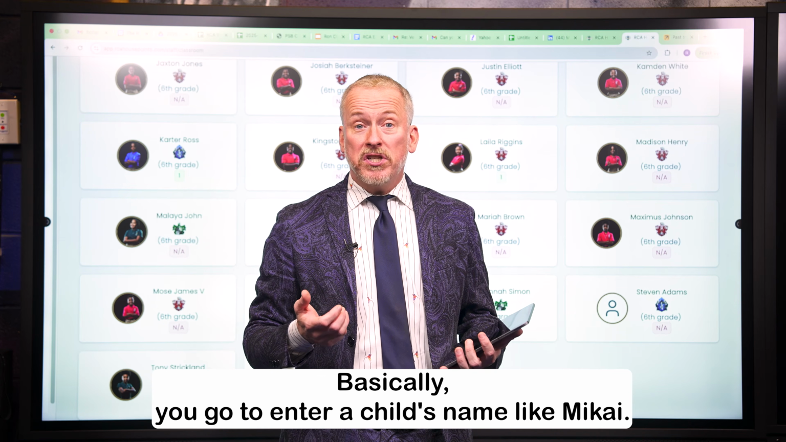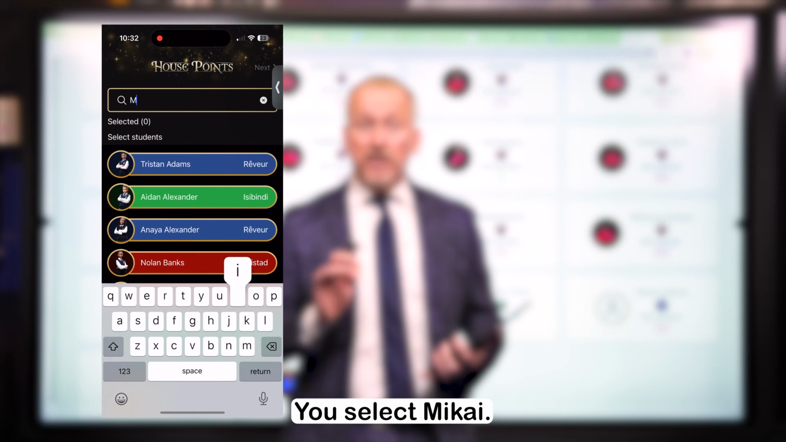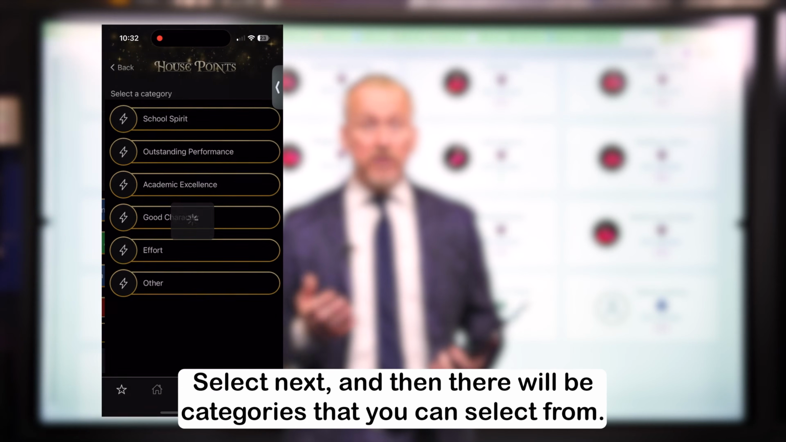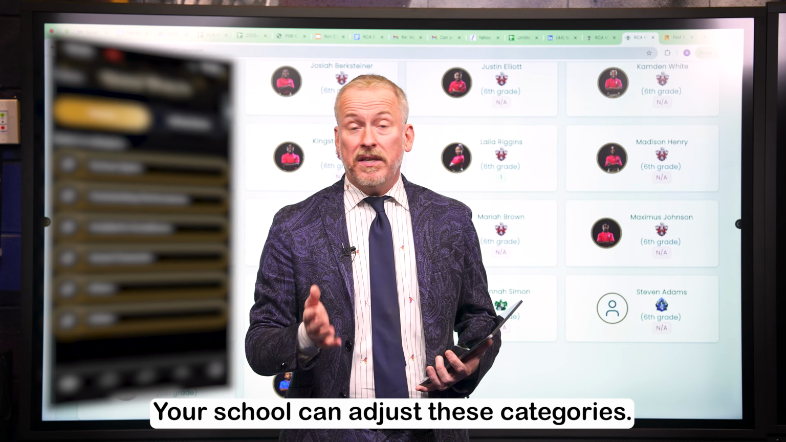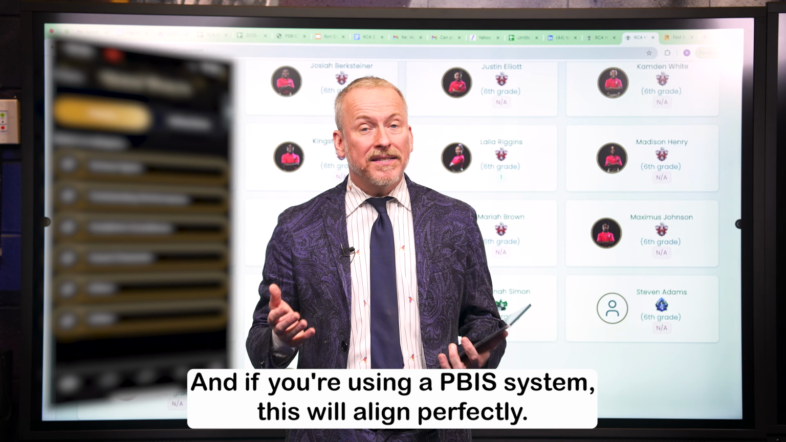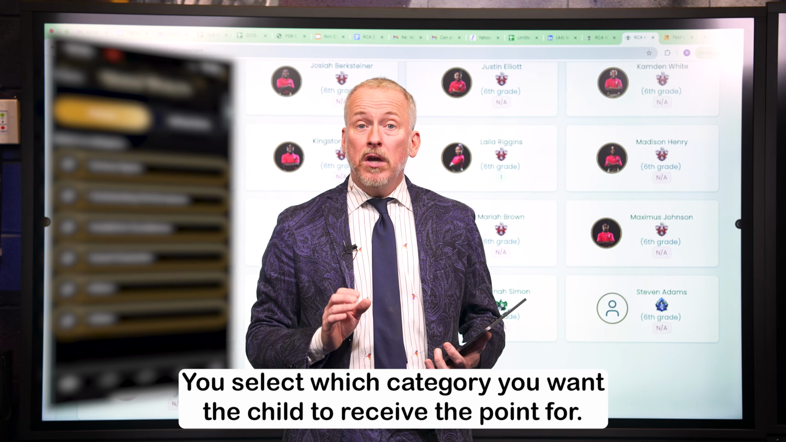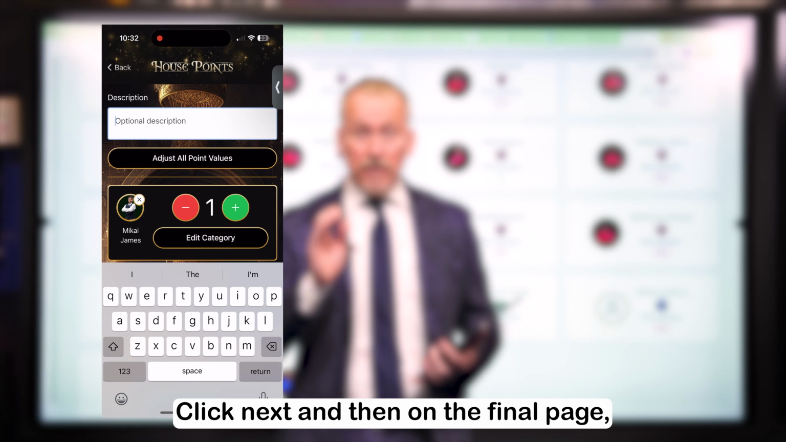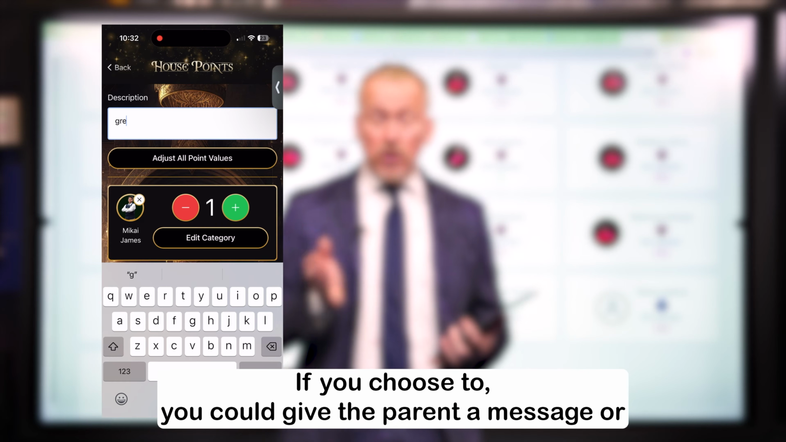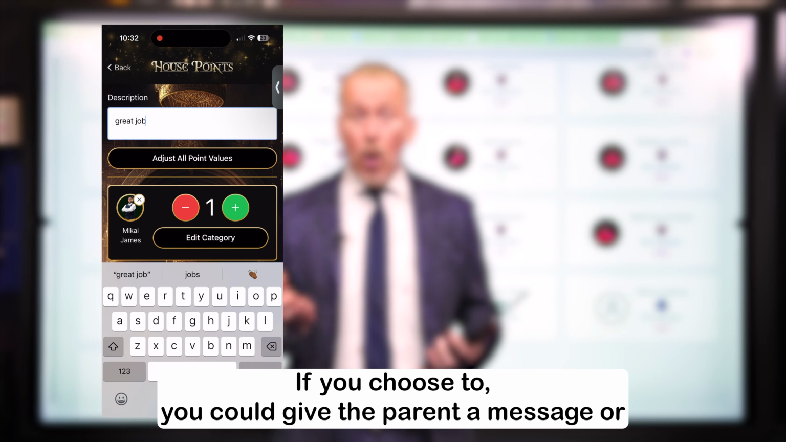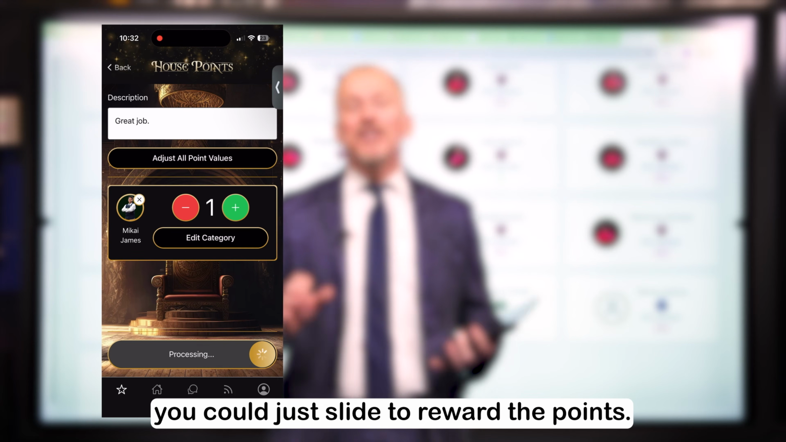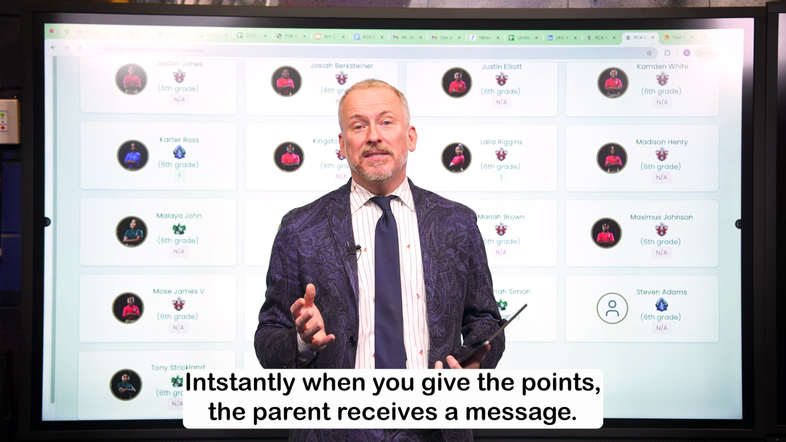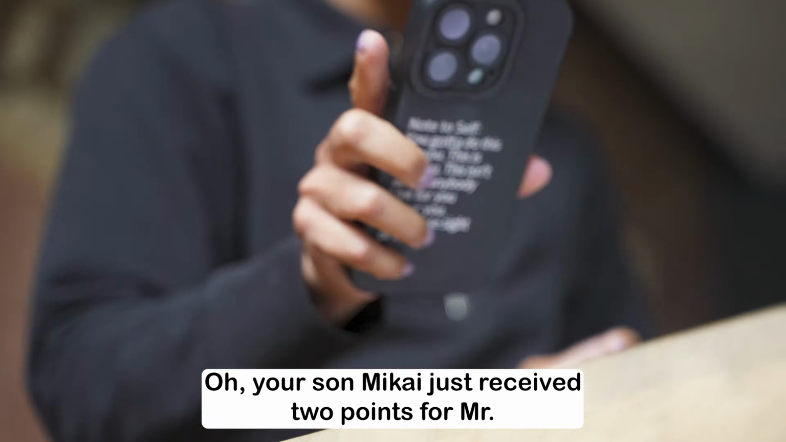Basically, you go to enter a child's name, like Makai, you select Makai, select next, and then there will be categories that you can select from. Your school can adjust these categories, and if you're using a PBIS system, this will align perfectly. You select which category you want the child to receive the point for, click next, and then on the final page, if you choose to, you could give the parent a message, or you could just slide to reward the